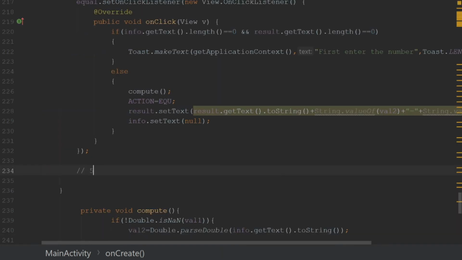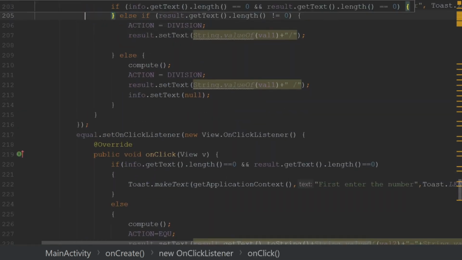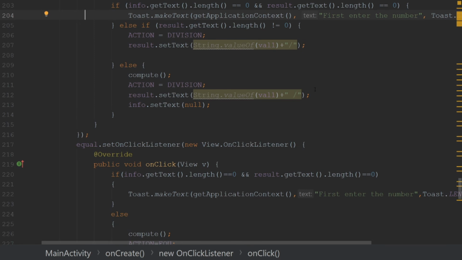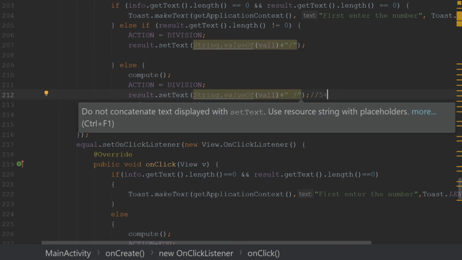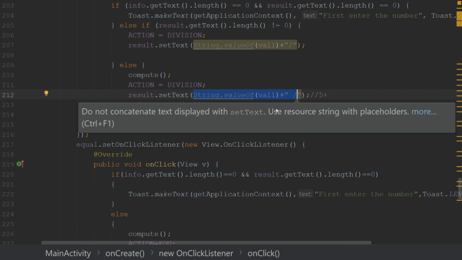Let's take one example: 5 plus 6 is equal to 11. Okay, you can see when we enter the first number, then this will happen. String dot value of value 1 means 5, and after that we use the operator symbol.